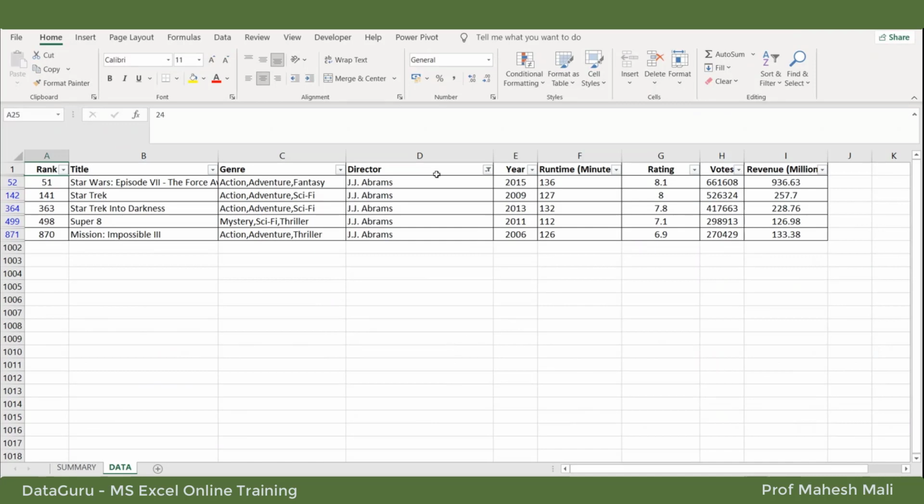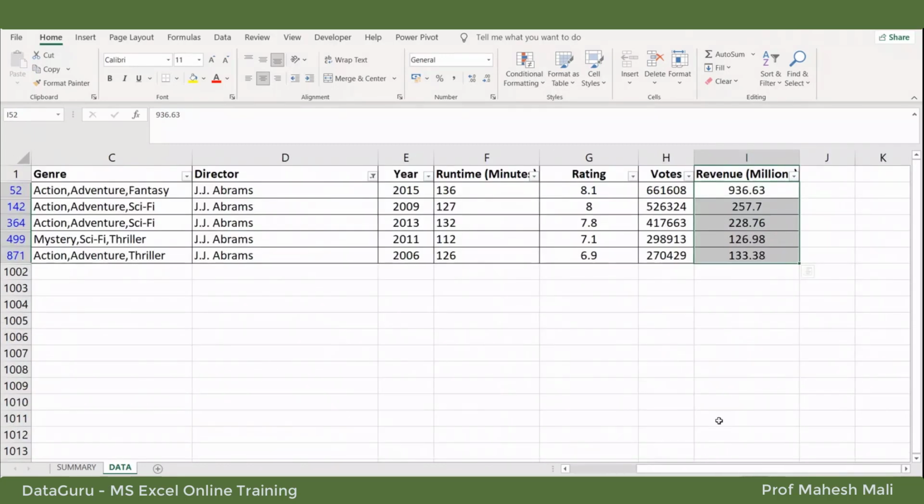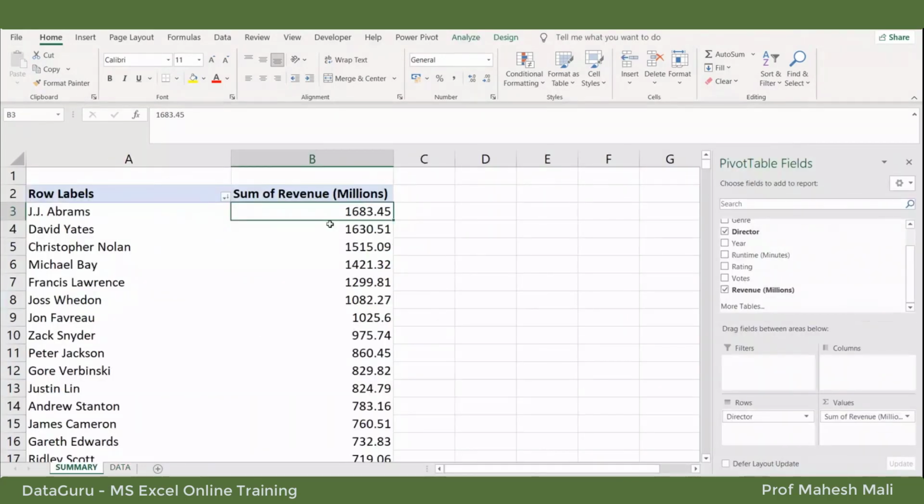See, he has produced many movies, and if you check the total of revenue, it is 1683. It is 1683. Are you getting my point? So this is what is shown over here.